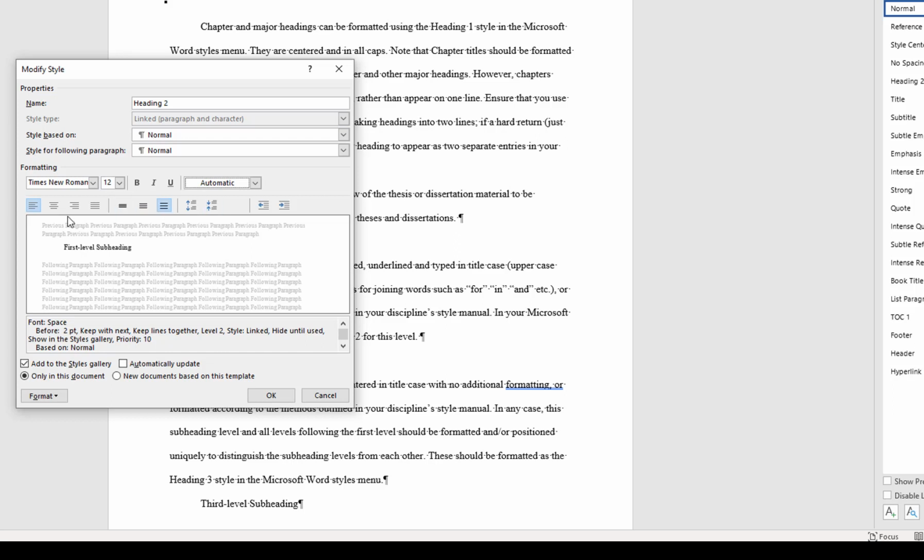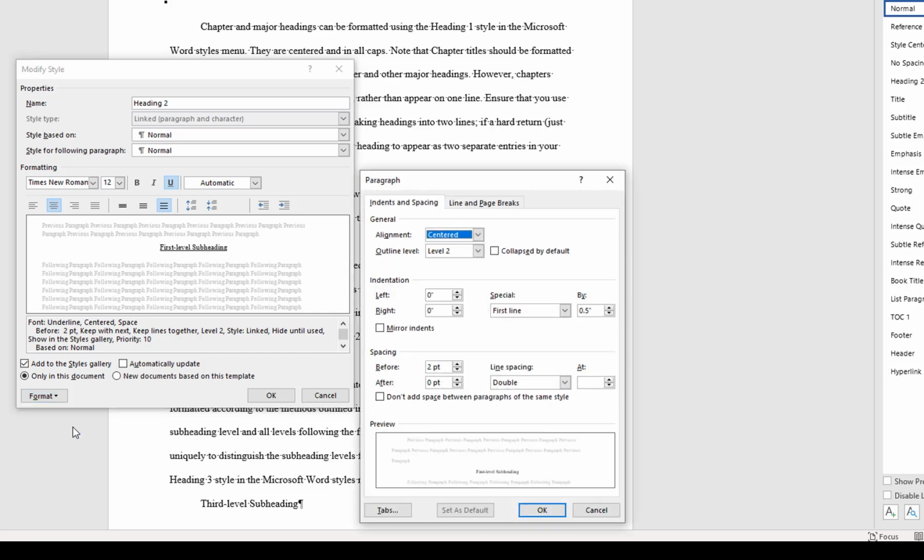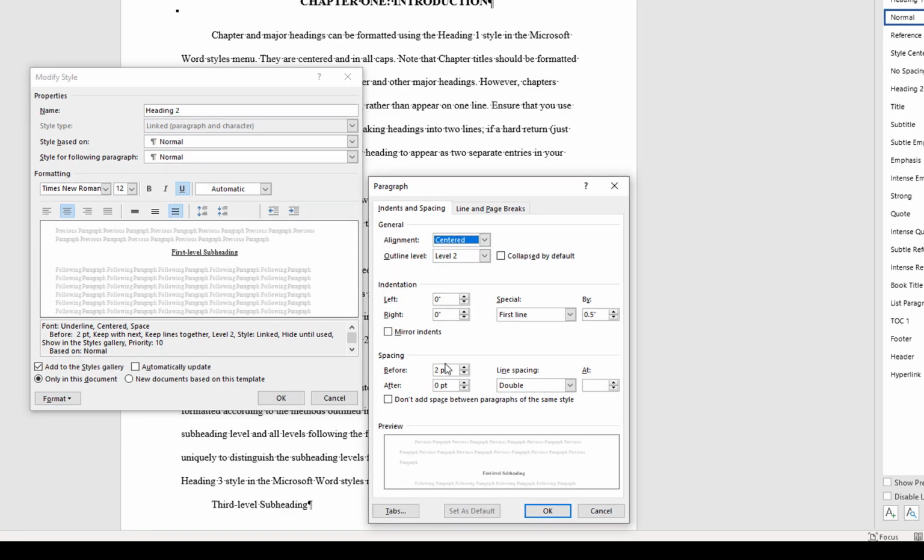Therefore, my text will be centered and underlined and typed in title caps with the first letter of each word capitalized. To ensure adequate spacing, I'll go to the Format menu in the lower left corner and choose Paragraph. I'll set the before spacing to 24 point. That includes 2 lines of space above the setting, and I'll set the after spacing to 12 point to add